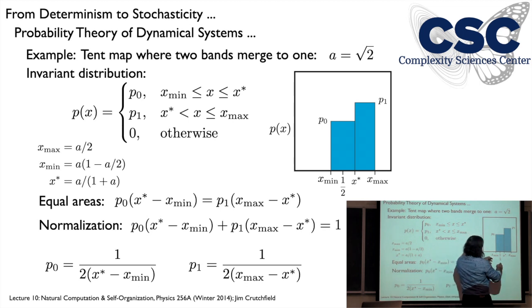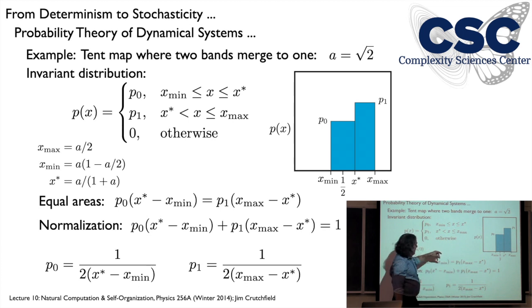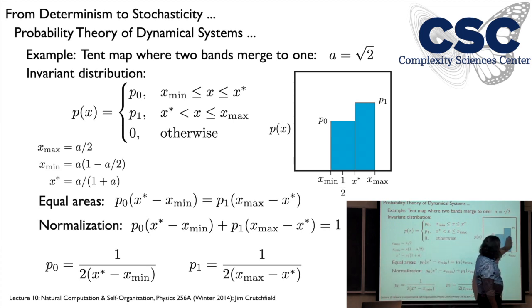Turns out that there are 2 pieces, and the boundary between the 2 pieces is exactly a non-trivial, unstable period 1 orbit. It's a fixed point. The upper bound here is actually the iterate of the maximum. There can be no iterates that iterate above the maximum of the function, and then the lower boundary is the iterate of that. So what I'm going to do here is assume the distribution has these 2 pieces. The whole thing's normalized, and what I want to calculate are their probability amplitudes.